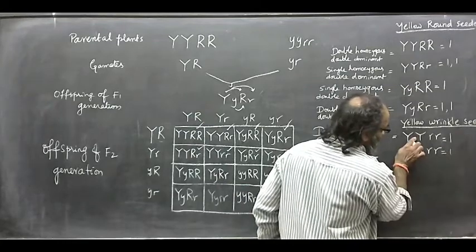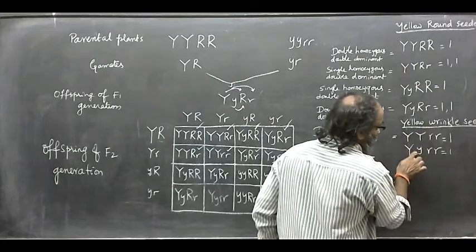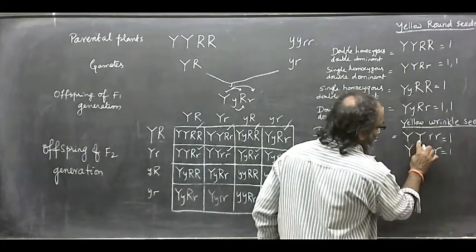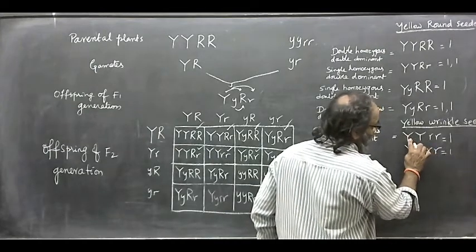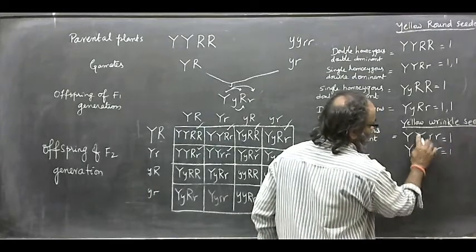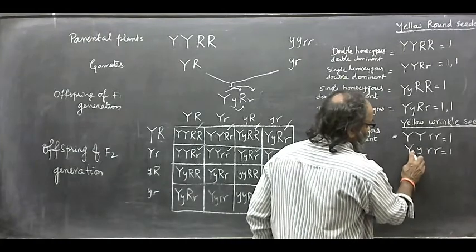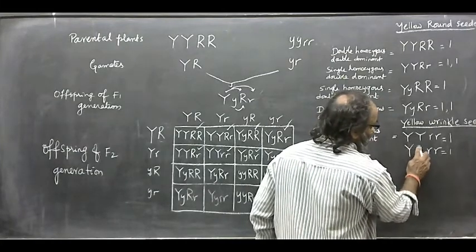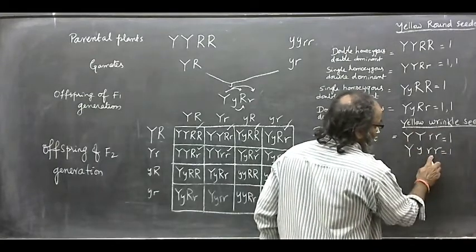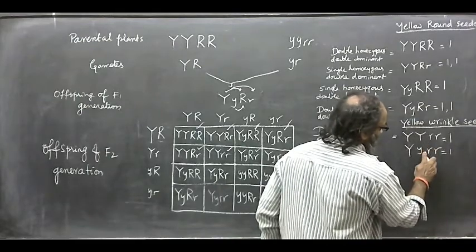The genetic makeup of these two is different. Remember, but the phenotypic expression is the same. For this, the phenotypic expression is capital Y, small r, genotypic expression is capital Y, small y. It is yellow wrinkled. Observe this case. It is capital Y, small y, yellow, small r, wrinkled. Phenotypically both are similar here, but genotypically different.